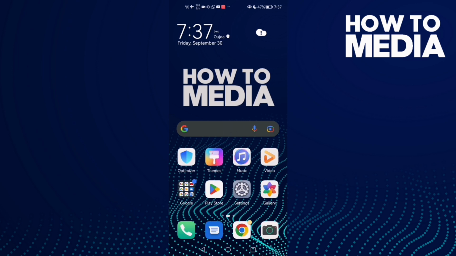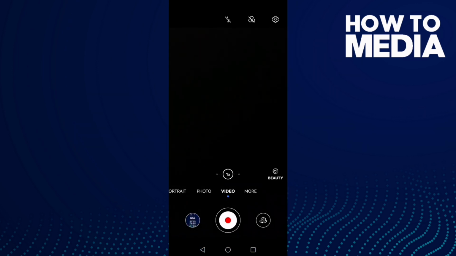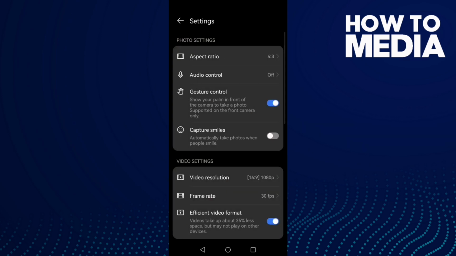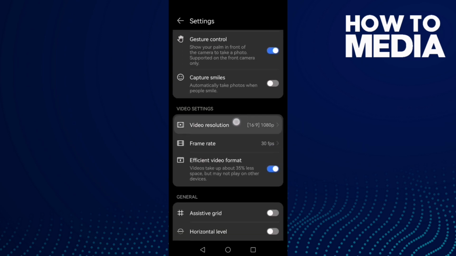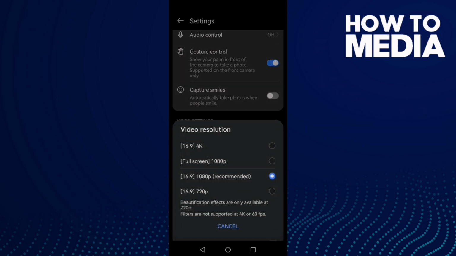First, open camera, and now just click this settings icon here in the top corner, and then just scroll down until you find video resolution and click on it. And as you see here, you can change it. You can make it anything you want, 4K,